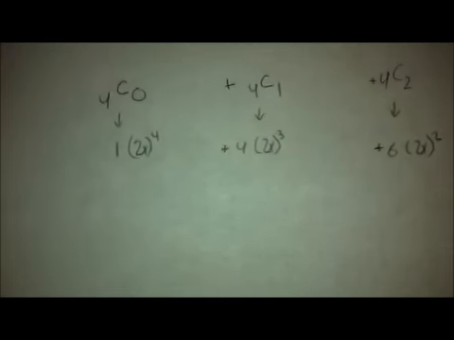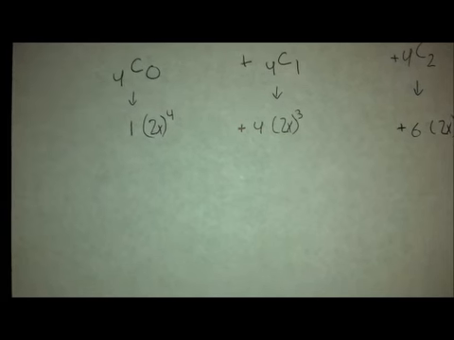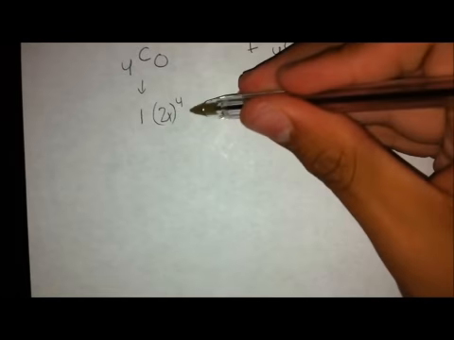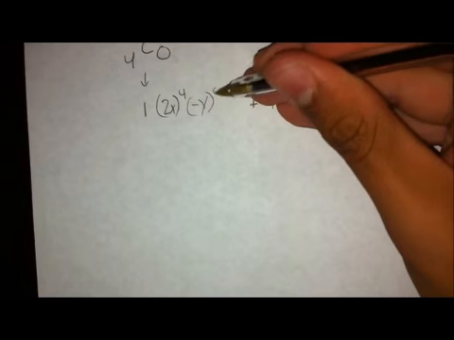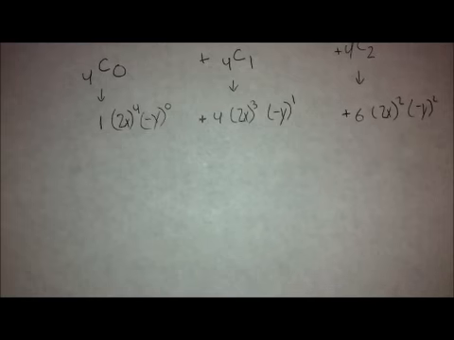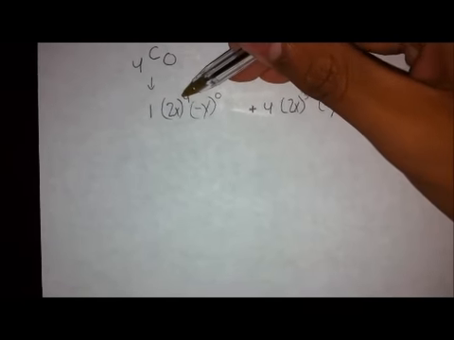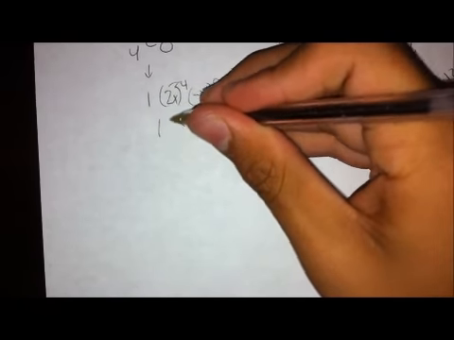So we will move on to step 3, which is listing our second term using increasing powers starting at 0. So we will take negative y to 0, negative y to the first, and so forth all the way to 4. Now that we've completed our final step, we will move on and just simplify the entire thing. But we will remember to distribute the exponent to both the 2 and the x so we don't make any mistakes. So 1